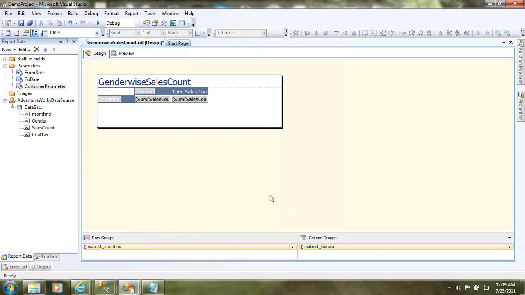So how to use this VB code in this particular report, that's also there for us. You can simply